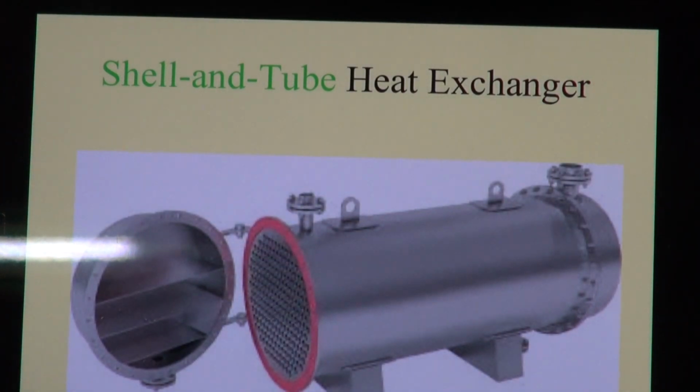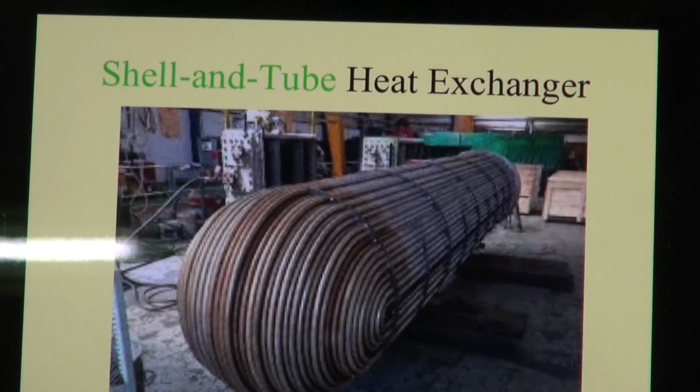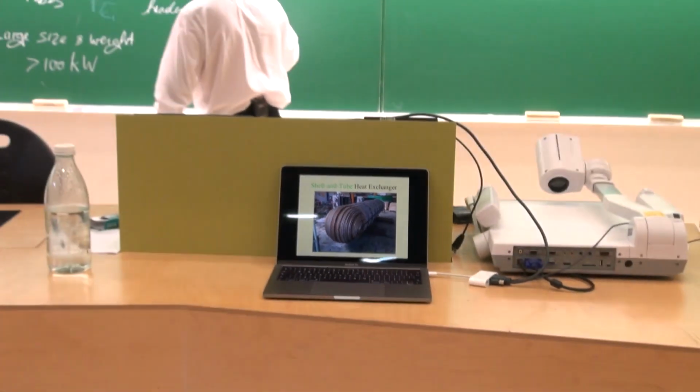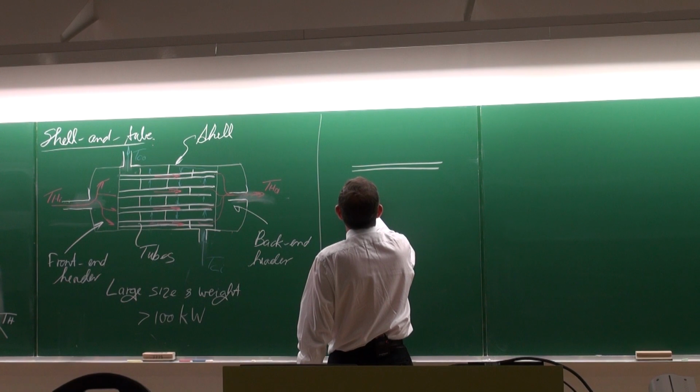There's typically one that can open there at the front end header. There you can see all the tubes. But there you can see some of the tubes typically, which will be used in one of these shell and tube heat exchangers. So now you can see immediately there's a very interesting change in the sense that if these are the tubes, like that,